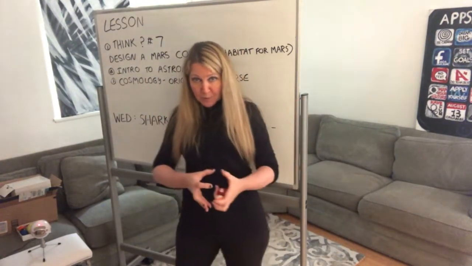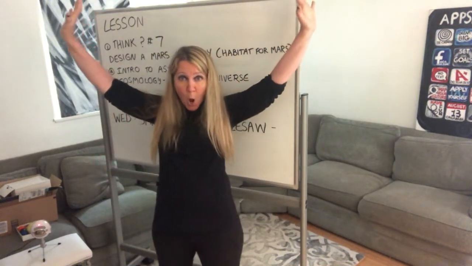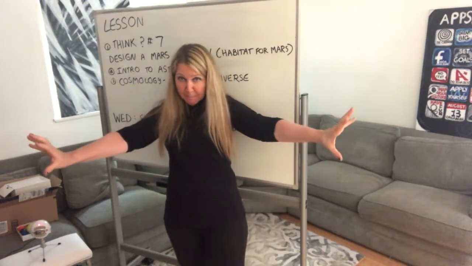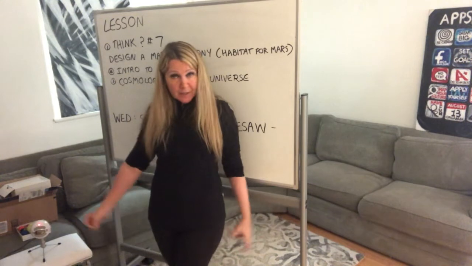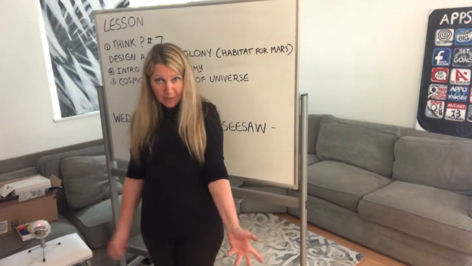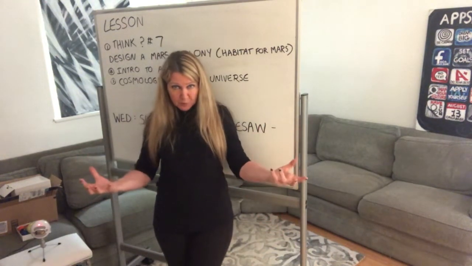And that pressure was released in the form of the Big Bang. The Big Bang theory is the theory that explains how the universe originated. It started with this massive explosion